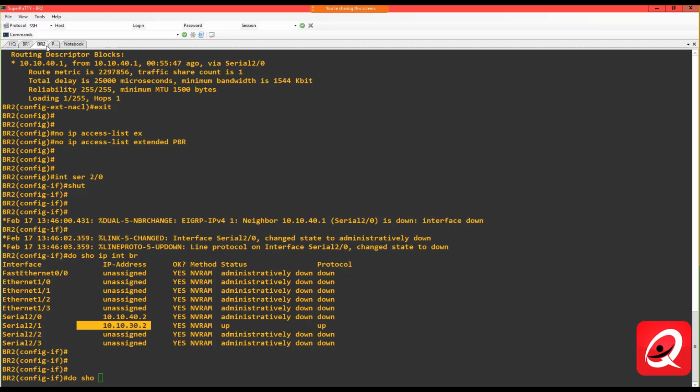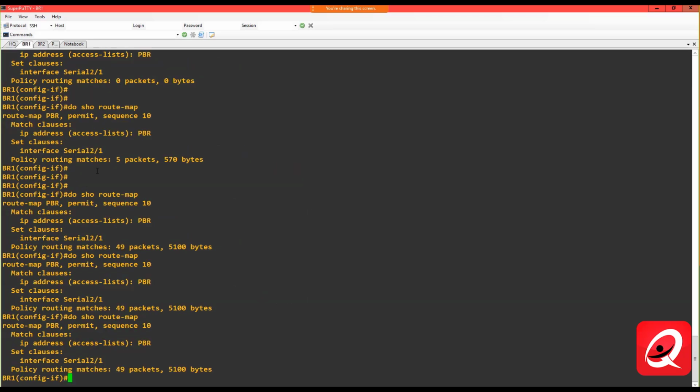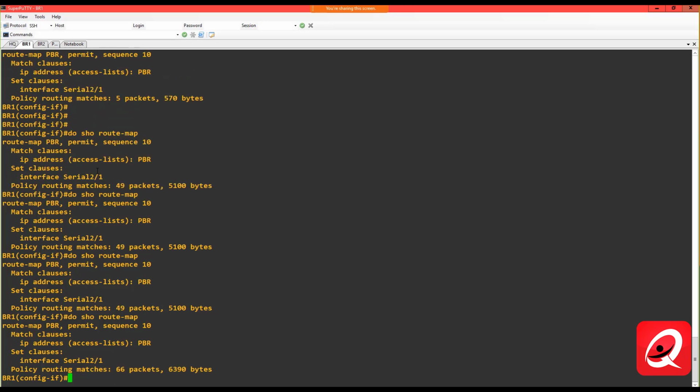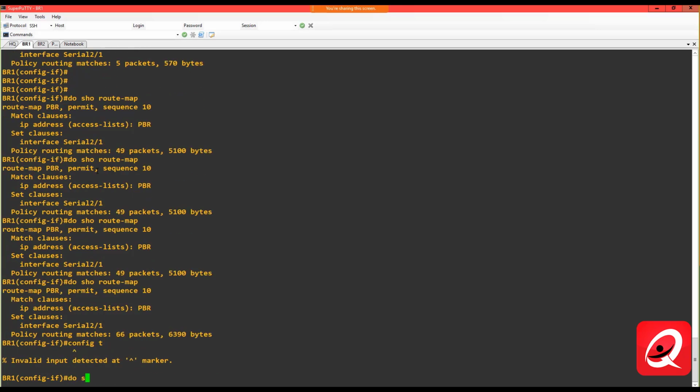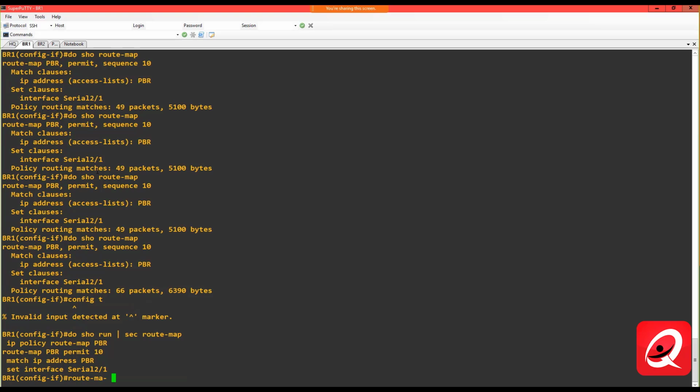I was hoping that it would just time out. It might if I go ahead and change my set conditions. Do show route map, config t, do show run section route map. And let's go into route map PBR permit 10. And instead of saying set interface, let's do a set IP next hop. In this case, we're going to do